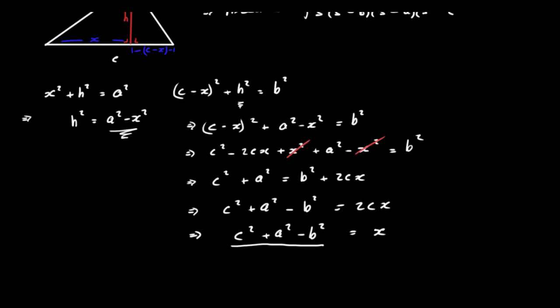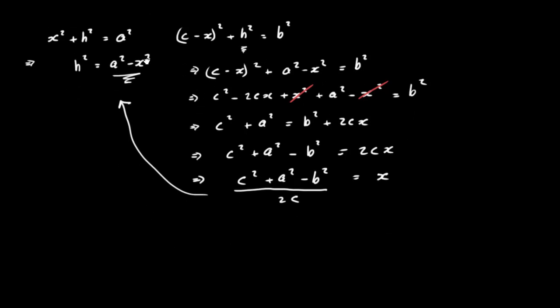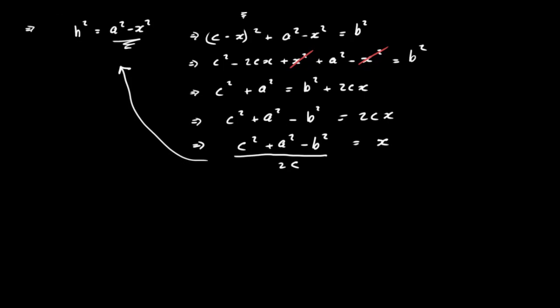That'll give me 2c on this side here. Okay, so now I have x in terms of a, b, and c here. So if we come back up here now to this equation up here, you'll see that we can substitute x in here to find h. So let's do that. So we have h squared is equal to a squared minus x squared. We can put in here